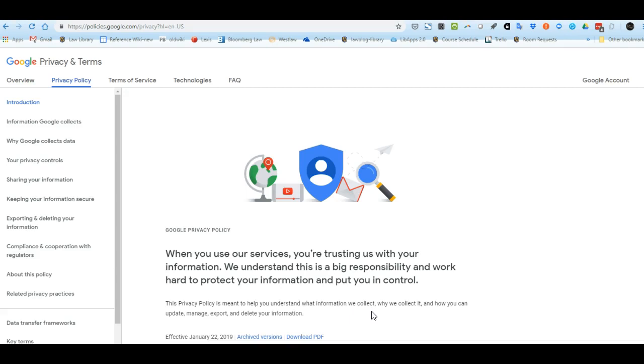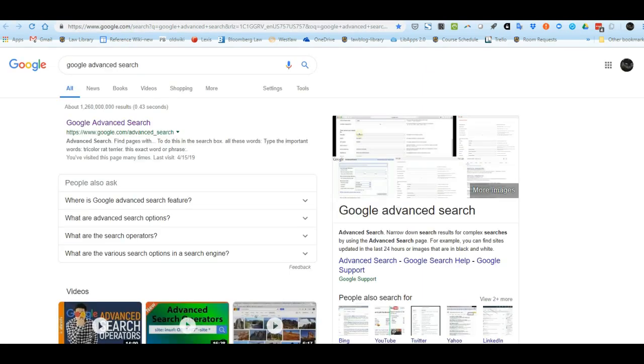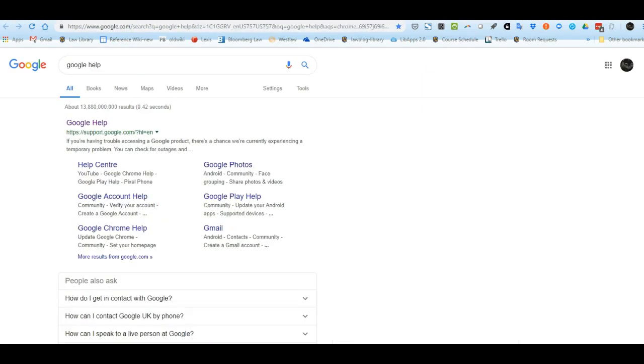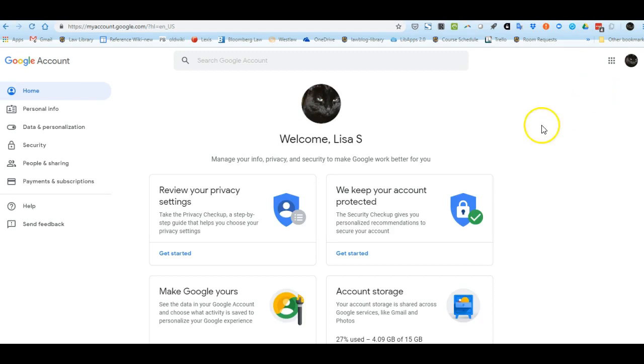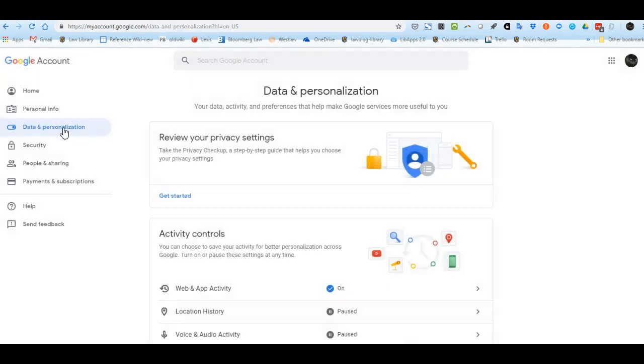Find out. Make your choice, but make that choice knowingly. So let's see, data and personalization. Let's see if I can... If I go to, I think I have it here. Nope. So I think I have to go to my account. If I go to Google account, and I go to data and personalization,